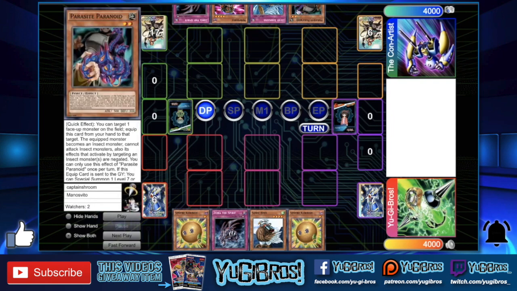And how you do so is mostly through Parasite Paranoid, which is a quick effect that says you can target a face-up monster on the field, so either field, equip this card from your hand to that target. The equipped monster becomes an insect monster. It cannot attack other insect monsters. Also, its effects that activate by targeting insect monsters are negated. I don't really know the relevance of this last clause. Not sure if it has anything to do with speed duels or not. But either way, you equip it to your opponent's monster, it becomes an insect monster, equipped with an equip card,